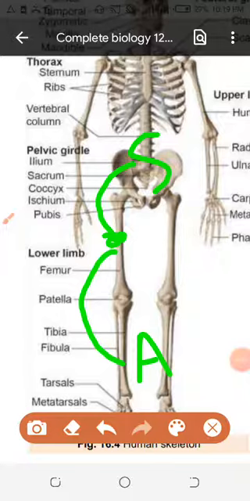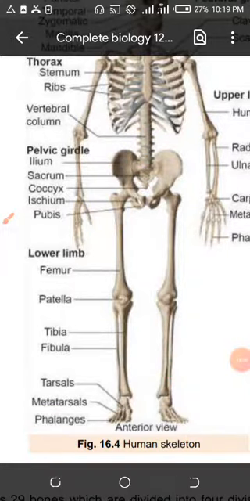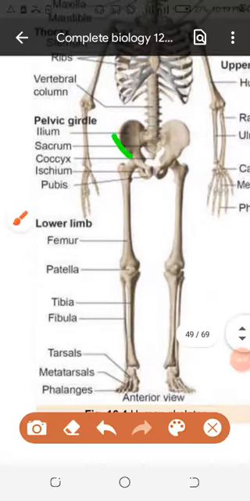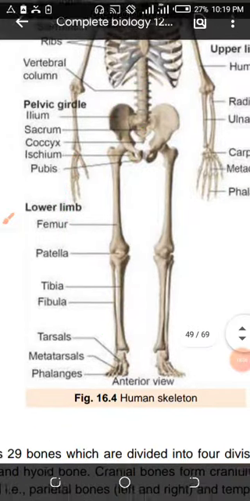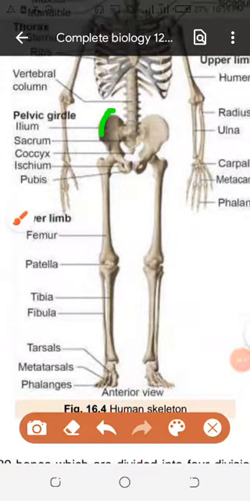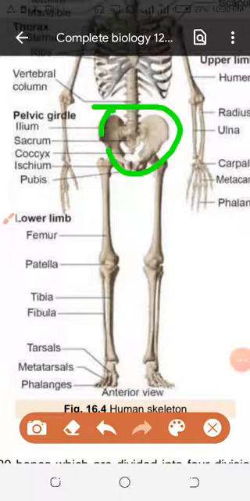So support is more. When the muscle support is more, the action will be faster. Why is the support more? Because here the origins are more, and the origin bones are very strong. If I get support from a fiber which is movable, I will fall down. If I get support from a very hard wall, a cemented wall, I will get more support. Simple as that. So three bones will be part here. These all will constitute the pelvic girdle.